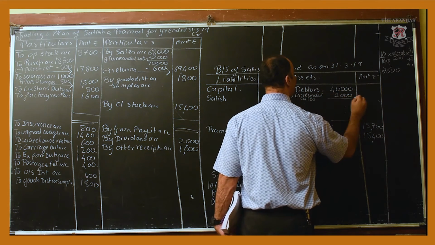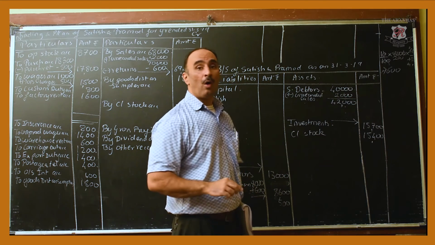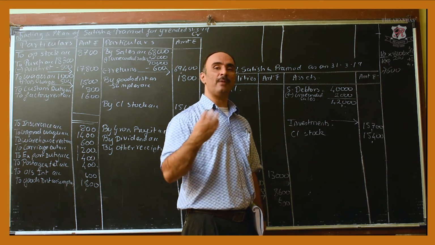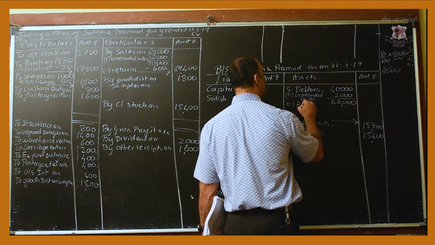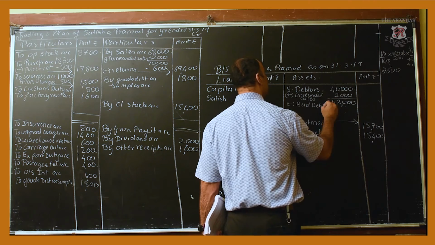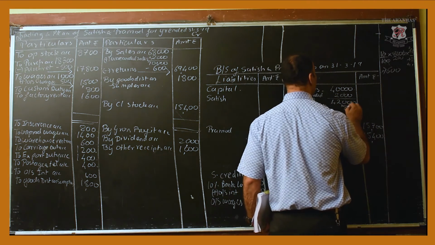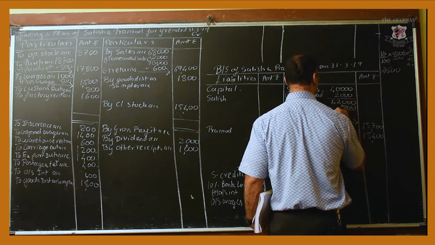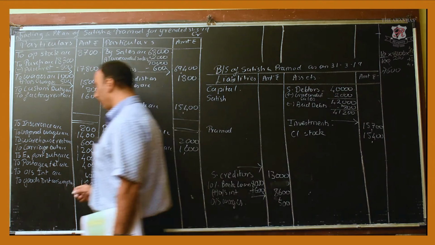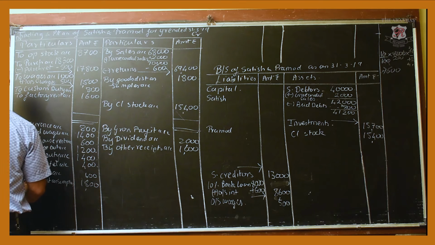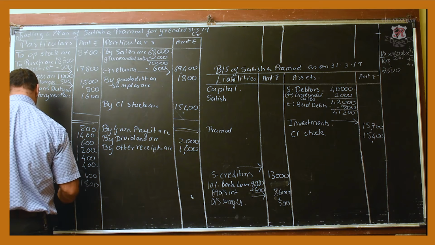2,000 rupees. So the value of debtors becomes 42,000. Now on this 42,000, I can do my bad debts and RDD. So first let's do our bad debts. From this I will minus my bad debts. My bad debts given to me are 800 rupees. So I minus 800 rupees, and I get 41,200 rupees. And I will record it on the debit side here as to bad debts account 800.